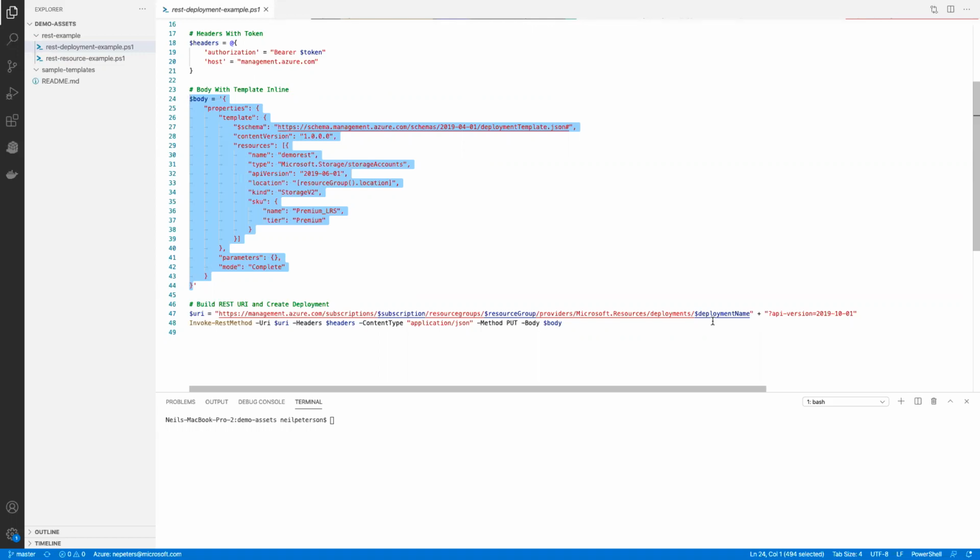So rather than making the REST call against the API, we've got native commands, we've got portal support, a bunch of different ways to make this easier. I will, though, call out a couple things about this deployment API. If you are interested in making raw REST calls to Azure, there are some benefits in using this API versus the service level one,